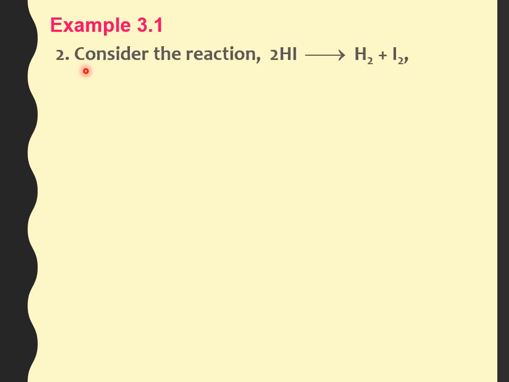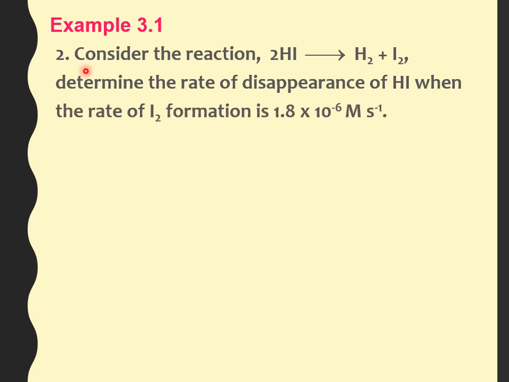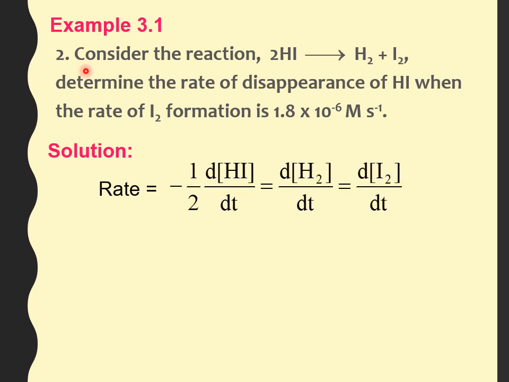Question 2. Consider the reaction 2HI becomes H2 plus I2. Determine the rate of disappearance of HI when the rate of I2 formation is 1.8 times 10 to the power of negative 6 molar per second. So the first thing that we need to do is write the differential rate equation as shown to you here. And then we write down the information that is given in the question. Rate of I2 formation is